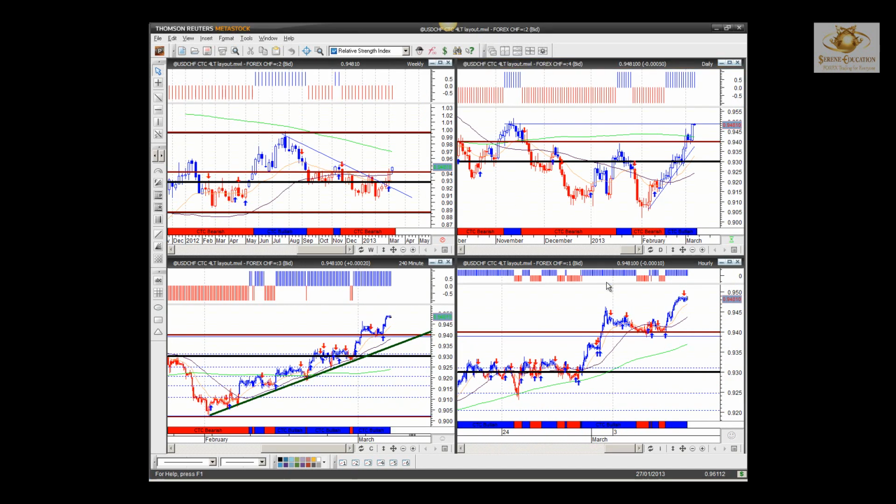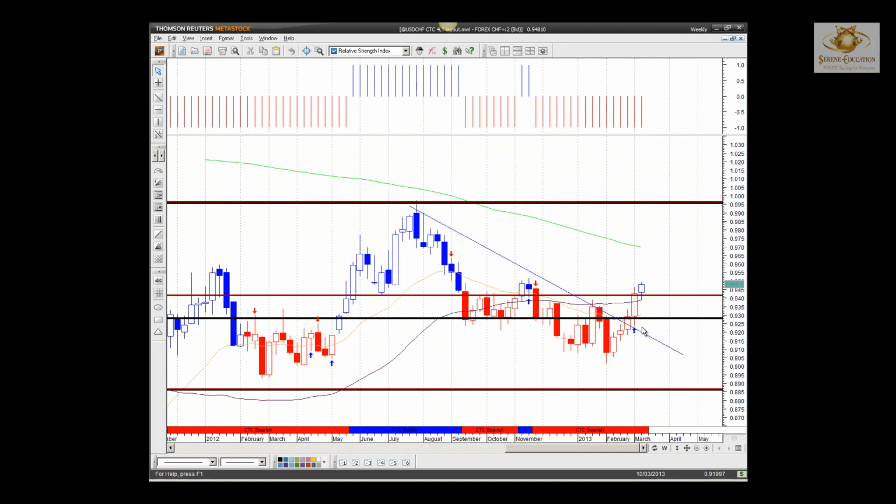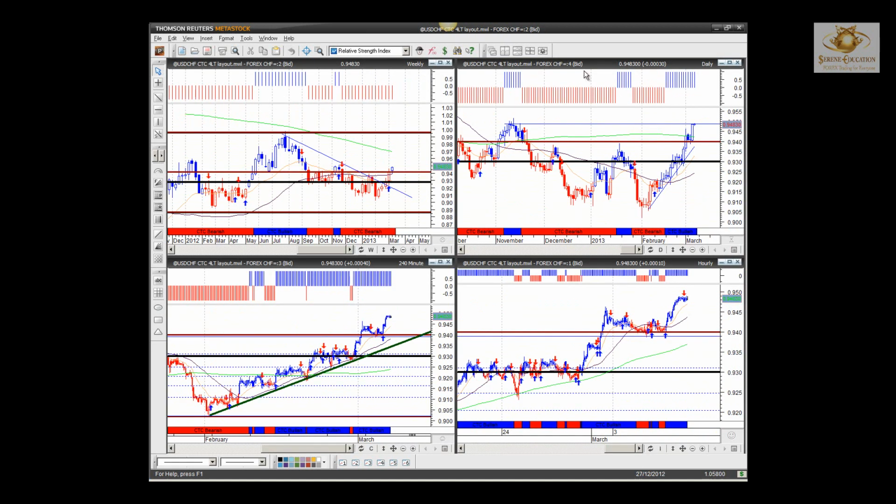Let's have a look at this particular pair. It's been trading in a very nasty consolidation, and look at all the momentum we've seen over the past couple of weeks. Bullish engulfing here, moving higher. Ideally, I'd like to have seen 945 being broken, and you can see that at the end of this week going into Friday, there is a lot of sentiment moving in favor of the US dollar against the Swiss franc.